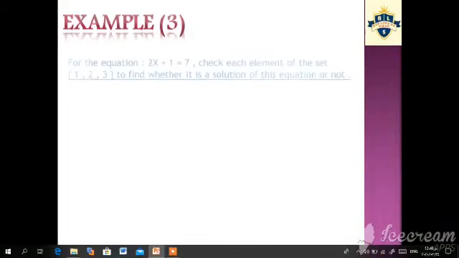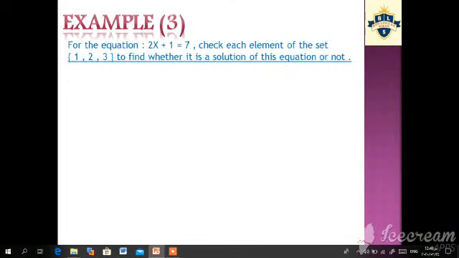Example number 3. For the equation 2x plus 1 equals 7, check each element of the set {1, 2, 3} to find whether it is a solution of this equation or not. To solve this example, substitute in the left-hand side of the equation for x by the elements of the substitution set as follows. If the substitution set is {1, 2, 3},